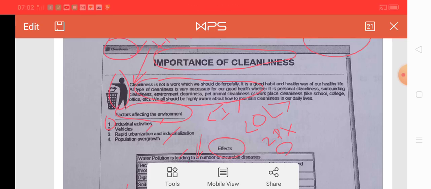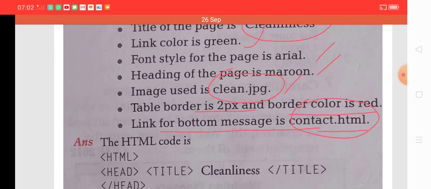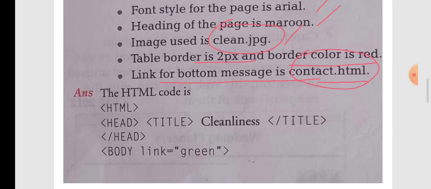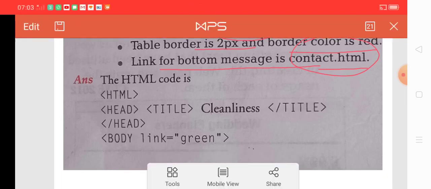So these types of tags are commonly used to design a web page. So practice on such tags. It will give you a clear idea of how to write code in HTML. Okay, now it's time to write the code. So as you know, the first tag or the root tag is HTML. So first of all, write the HTML tag here.